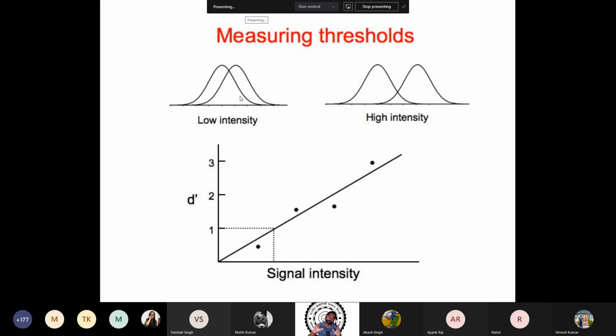Let's say I give you two faces from a different culture to recognize, from, let's say, Chinese culture, and we are not used to recognizing Chinese faces. Maybe the faces look too similar to you. If the properties of the faces have a lot of overlap, which is essentially two low intensity signals, it is hard. And if they are far away, then you are able to do it. So d prime gives you a measure of error given signal intensity.